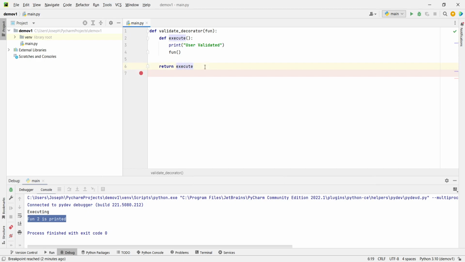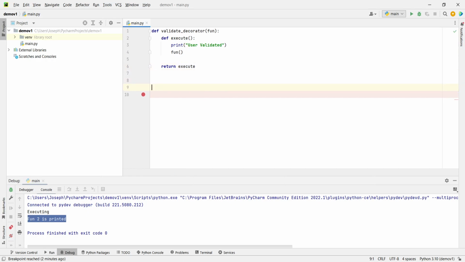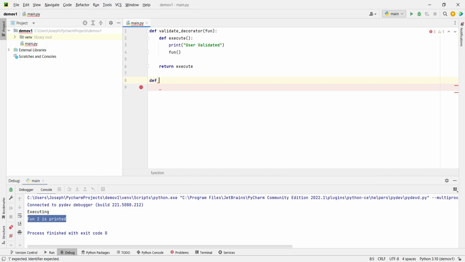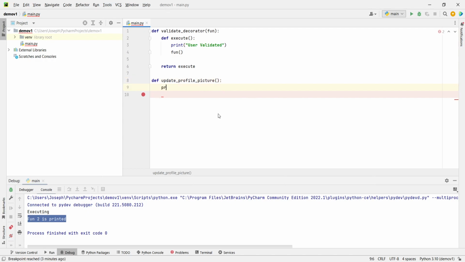I'm not calling it this way, don't add these brackets, just remove the brackets and just return the nested function like this. So now we are done with our decorator, and now I'm going to create two different functions like upload, update profile picture, print profile picture is updated,